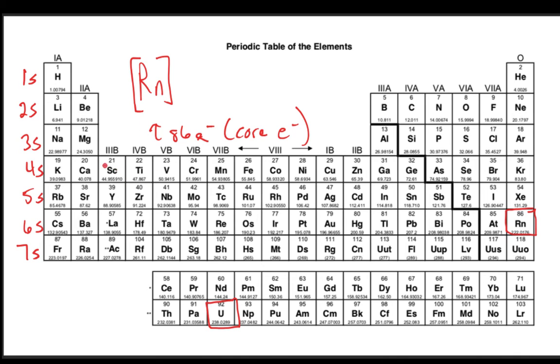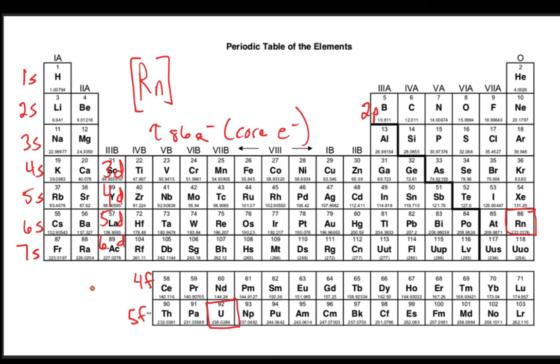Let's map it on the periodic table. Remember, this would be 3d, 4d, 5d, and 6d. How do we handle the F block down here? Actually, let me just ink this one in. Each time a new sublevel is added, you have to get to one higher principal quantum number. What does that look like on the periodic table? It means that the s block starts at 1, the p block starts at 2, the d block starts at 3, and the F block is going to start at 4. So 4f,